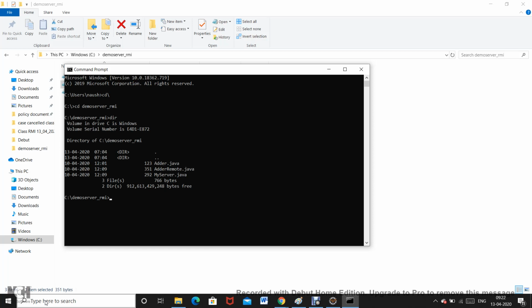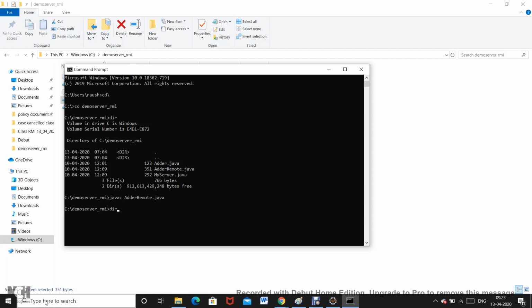AdderRemote.java is the one that I will use to generate the stub, which is common to both client and server. Before even generating the stub for AdderRemote.java, I need to compile it. Normally, if you want to compile AdderRemote.java, you will say javac AdderRemote.java, and you will get